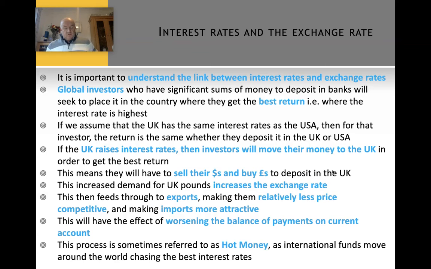And this process, where effectively what global investors are looking for is the best return they can get for deposits in their banks, is sometimes known as hot money. So effectively, international funds that move around the world, chasing the best interest rates. There's a little bit of speculation on these investors' parts, but actually, when I say speculation, it's not speculation